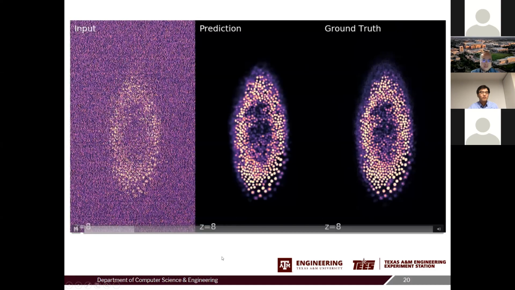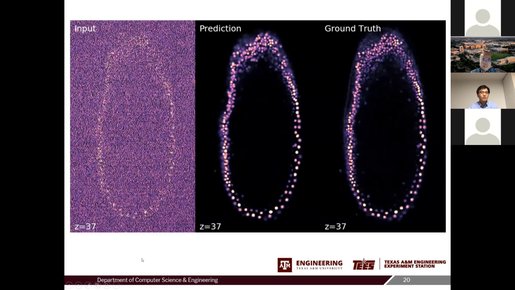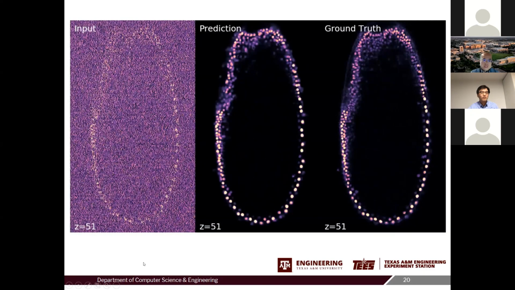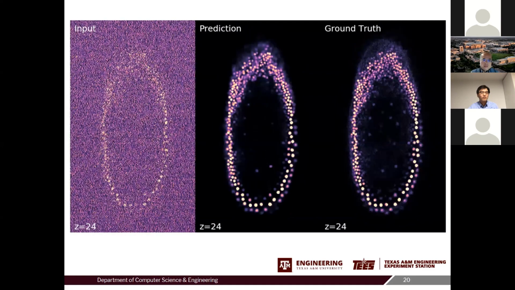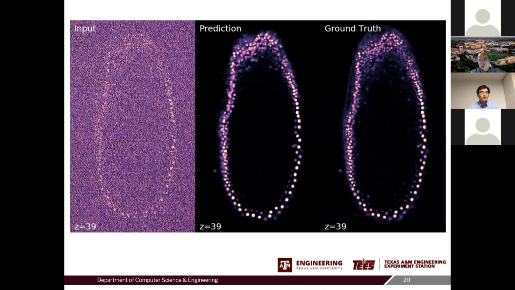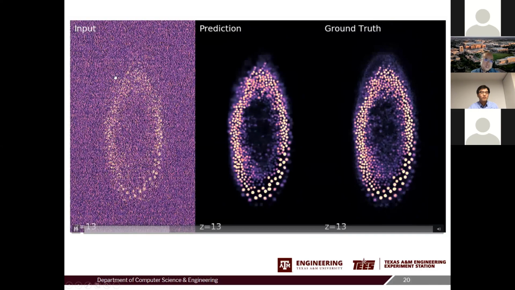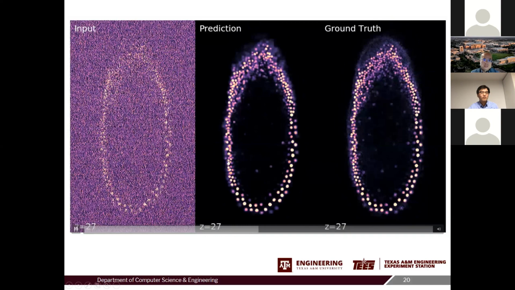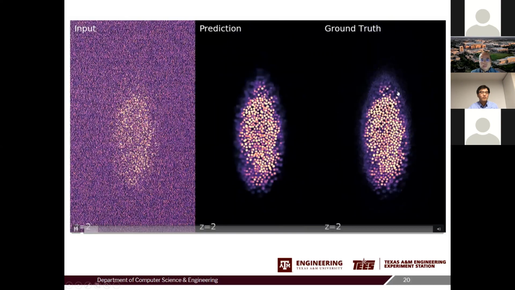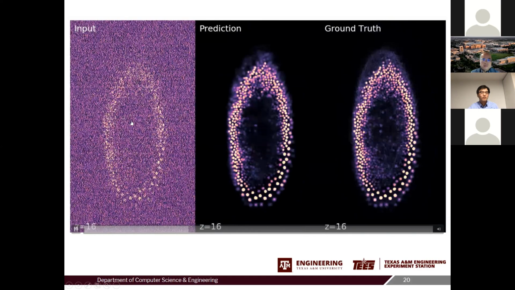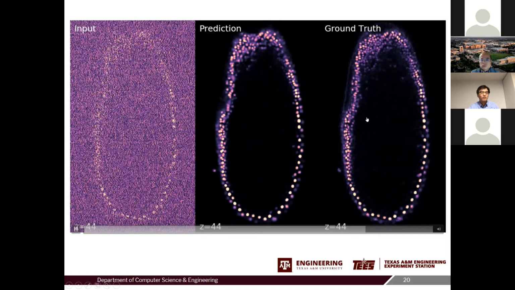Instead of showing all the images, because all these images are three-dimensional images, here I show you one test data set, where I show the different slices of this image as a video. The first one is the input noisy image. The second image here shows our predictions, and the last one is the ground truth. You can see even from this very noisy image, our prediction here is very similar to the ground truth in this case.